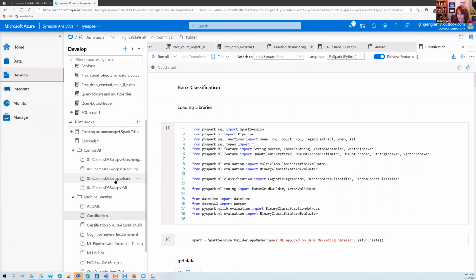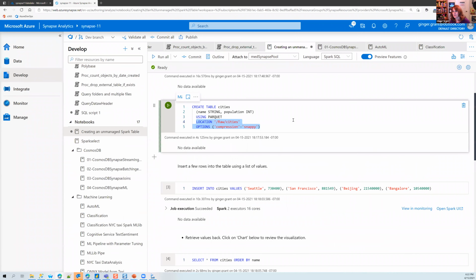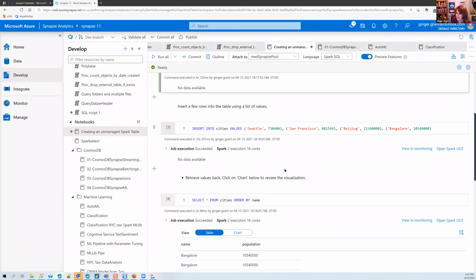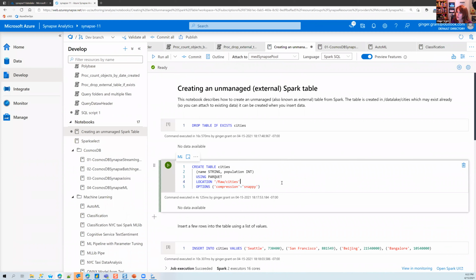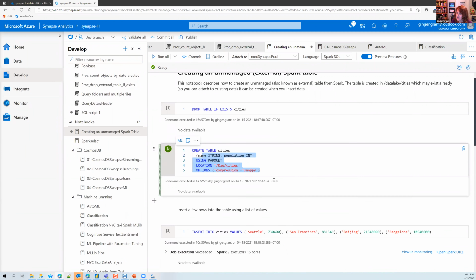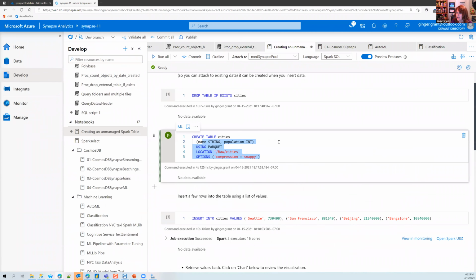Now I want to go back to the thing that I was running, which was just creating a Spark and managed table. And it's telling me that I'm sorry, I moved my data. So I didn't get any results on this. So, no, wait a minute, this is fine. So what it's doing here is I'm creating this table. Let me go back into my